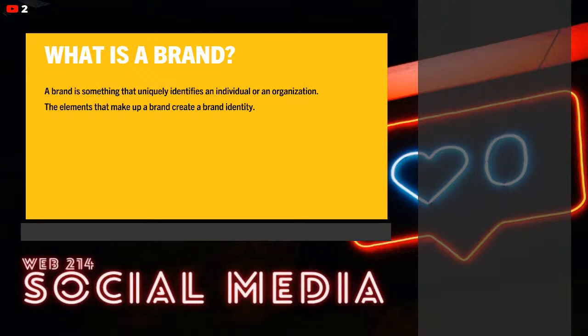So when we really get down to it, there are a lot of elements that make up a brand. Right? In social media, we see the visuals, the sounds, the audio, a lot of sensory material. A lot of sensory material makes up a brand. So what we see, what we hear, the way things come across, right? And we'll get into a more specific list of this stuff in just a little bit. But when we expand that out and get into other instances of a brand, we'll talk about this more in just a little bit as well,